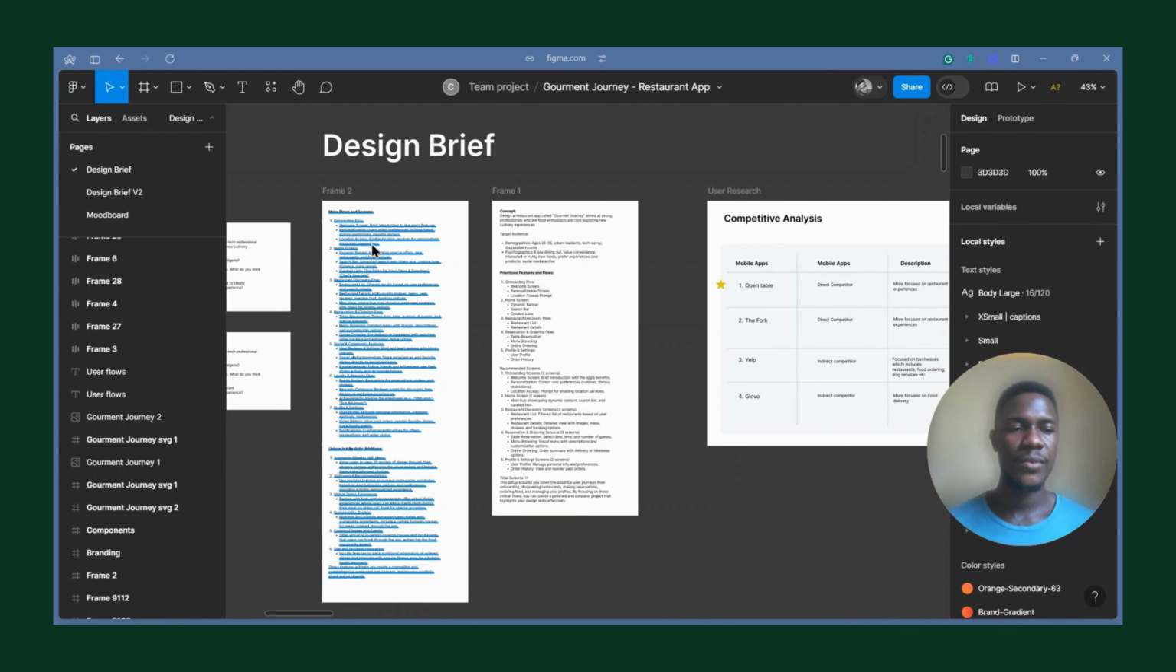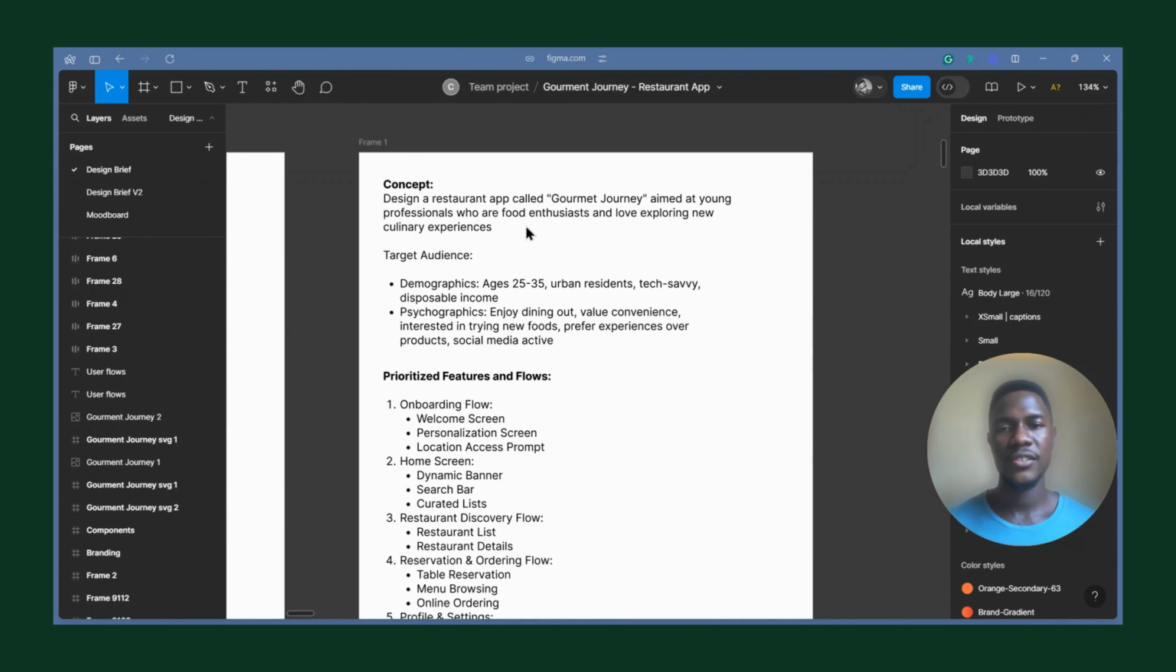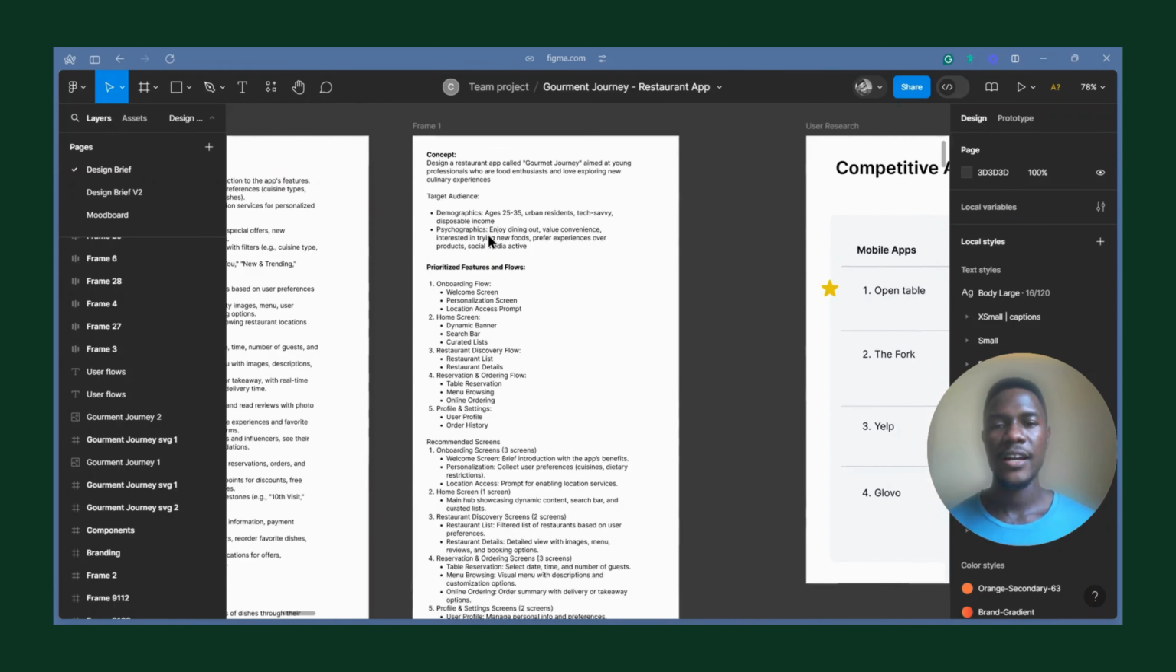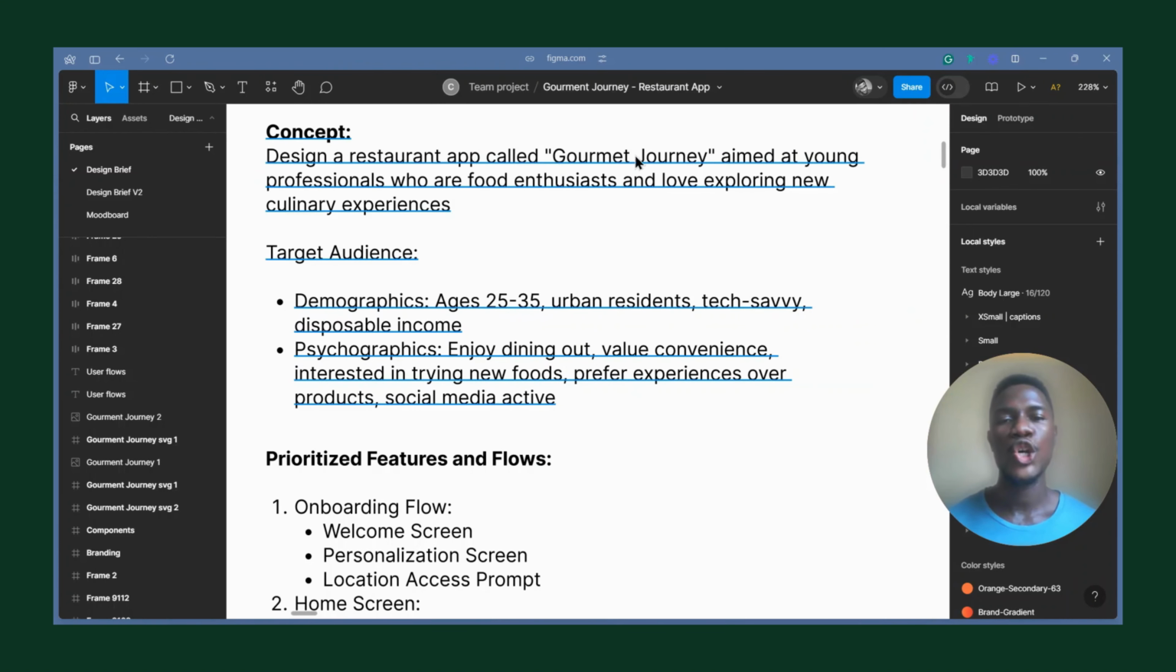So the first thing I did when trying to do this project was to go find a design brief. Now, all I knew was I wanted a restaurant app. I didn't know specifics about the target audience or what this app was about. So I just picked up ChatGPT to help me with that. And I'm going to do a video about actually using ChatGPT to create design prompts that are actually mind blowing for your projects. And so the concept that got me was: design a restaurant app called Gourment Journey,